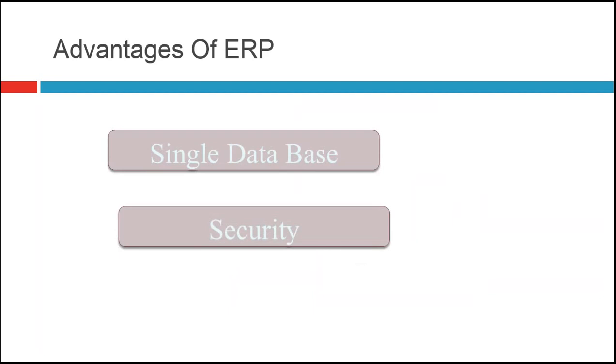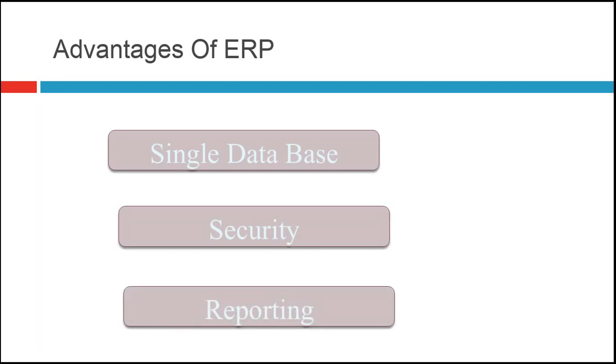Coming to security, how can security be an advantage? Each and every department has its own security levels. A finance division person can't enter the manufacturing department, and a manufacturing department person can't run the finance transactions. And coming to the reporting capabilities, these let users take reports on a monthly or periodic basis, showing the progress of the business, as we discussed earlier.